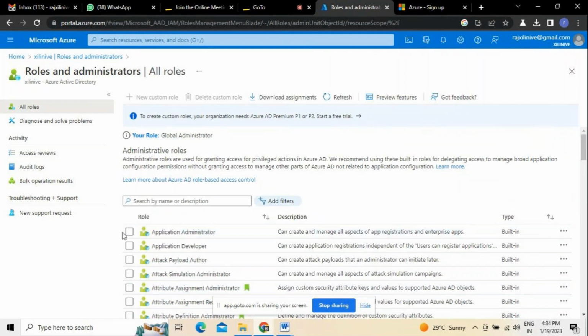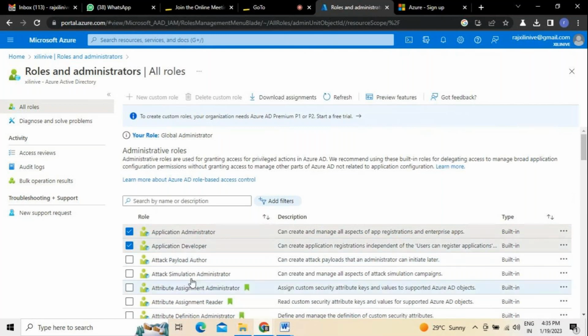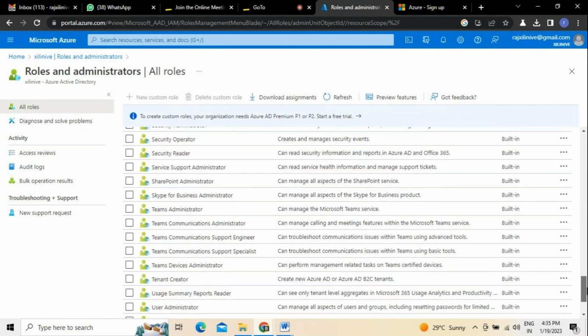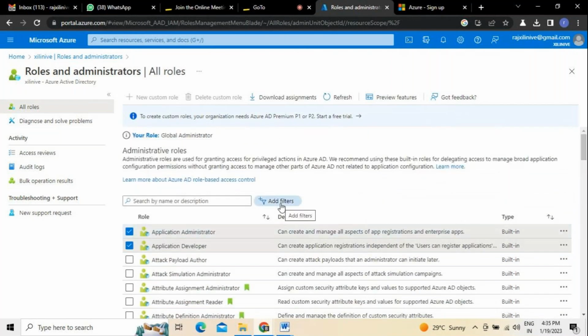Whatever it could be, in role you are specifying an application administrator itself. At the same time, you can identify application developer as one more administrator role. These two are different roles which can be selected here and used accordingly, depending on the kind of requirements we have, the kind of applications we are going to build, and how you are going to access this information. This is how role creation and identification of roles works, and whatever roles we have identified can be used here accordingly, depending on the information we have created.